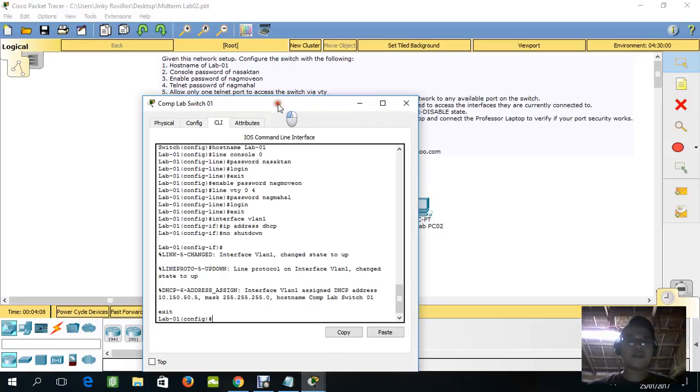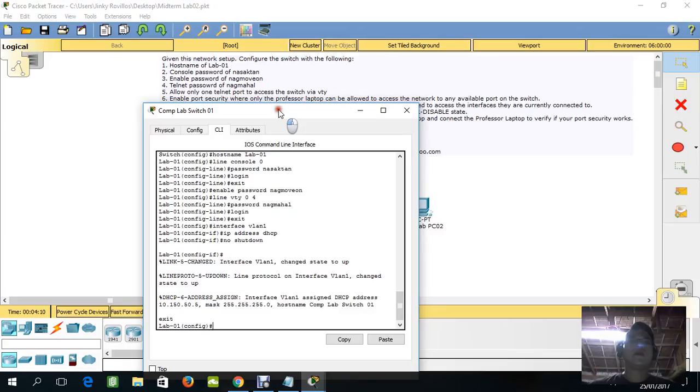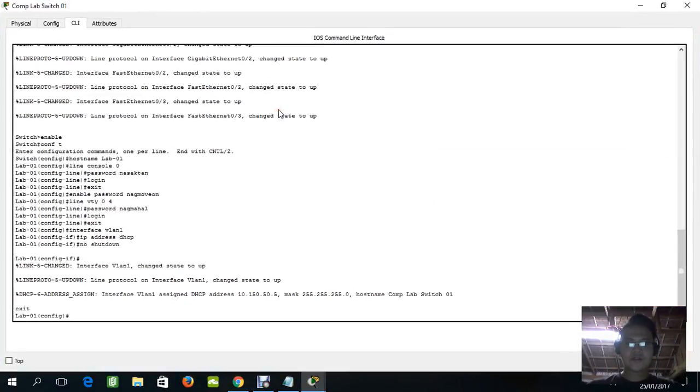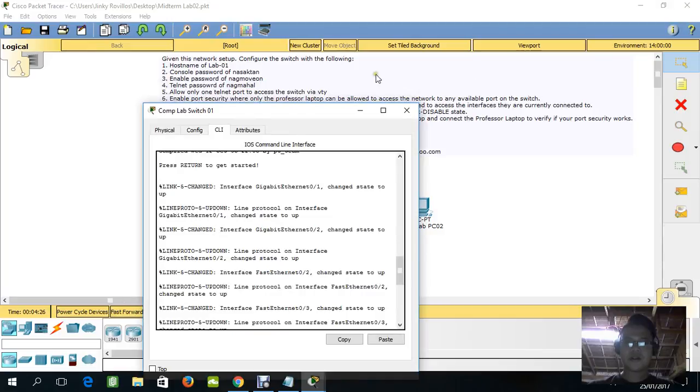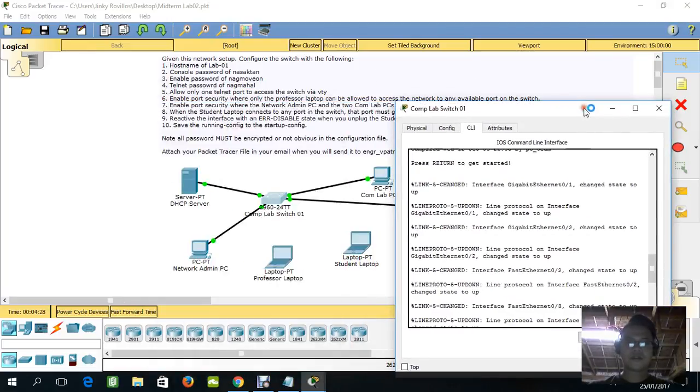Excuse me. Problem number 6, enable port security where only the professor's laptop can be allowed to access the network on any available port on the switch. So first, we're gonna connect the professor's laptop.